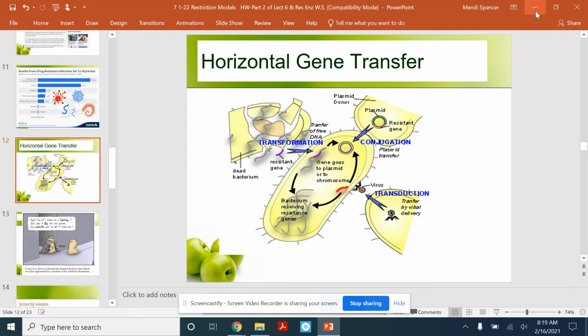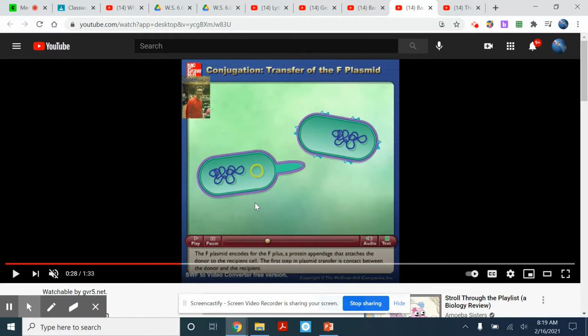Okay, so to put it in, right, is kind of where you started with that. And so in conjugation, that's what's taking place here. Bacteria are able to take pieces of their DNA, copy it, and put it into another bacteria cell. So it's called conjugation, right? So this is about